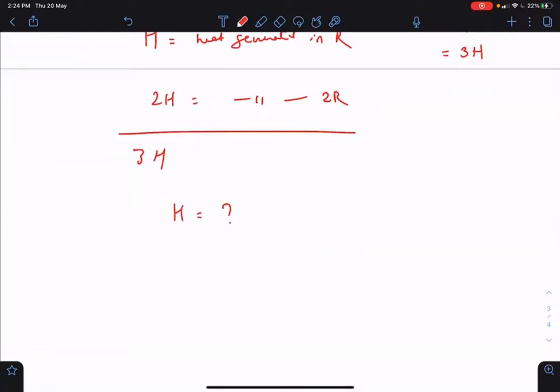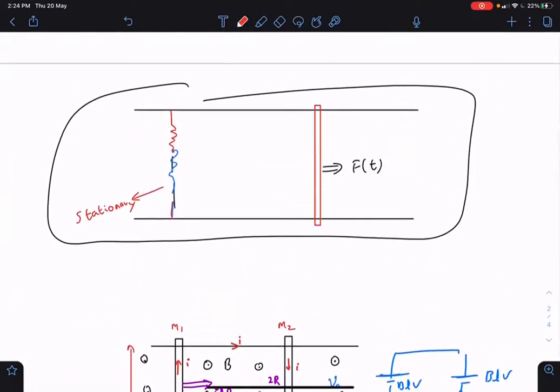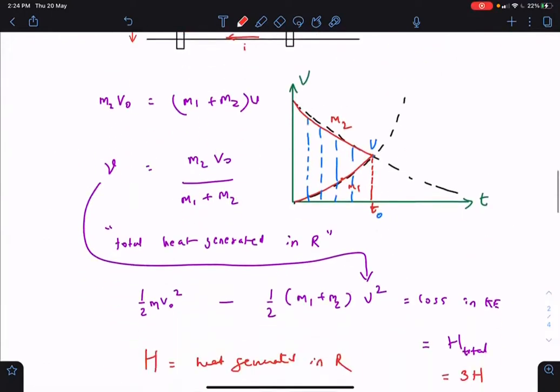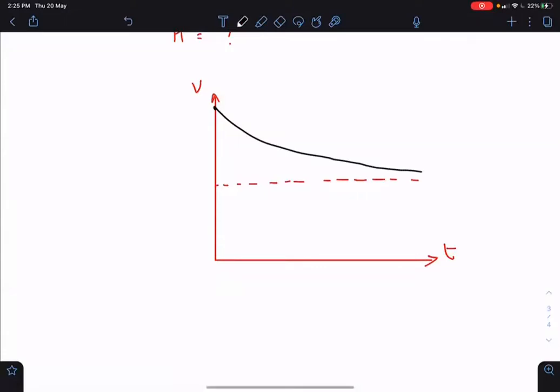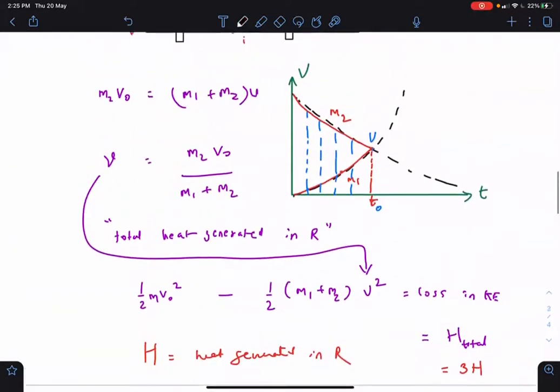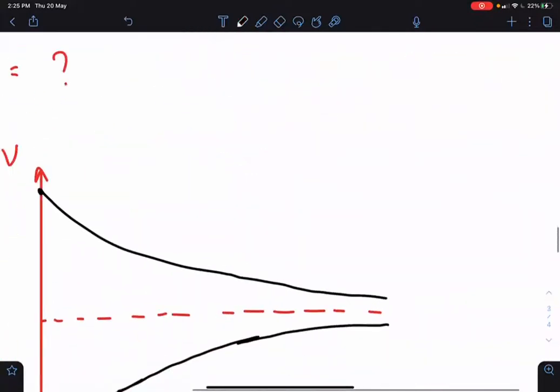The only thing apart from this which may be asked is the velocity as a function of time. For that, you need to solve the differential equation. You'll get an exponential decrease, increase, something like that. Yes, sir. Okay. In fact, now I remember the velocity-time graph will be like this. So this is the common velocity. One will be decreasing from the common velocity, the other will be like this. So earlier I drew this intersecting graph. Actually, T naught is the time at infinity, sir. Yes, at infinity only their velocities will become the same.